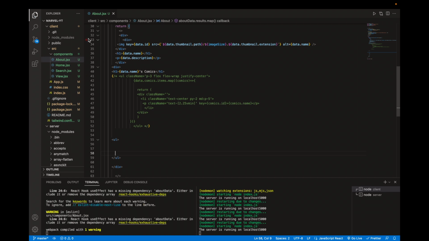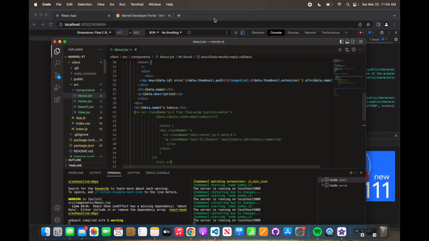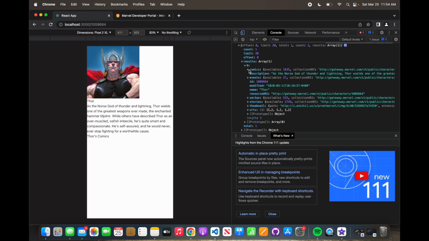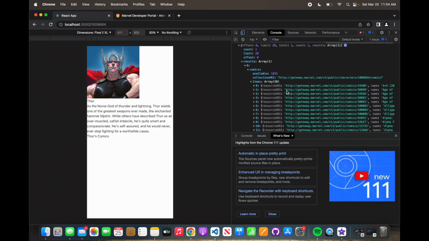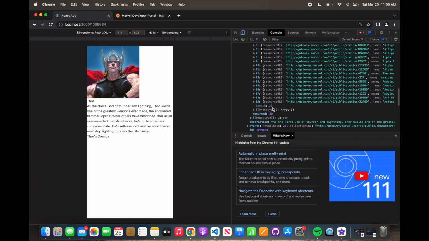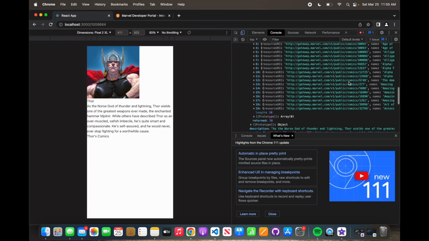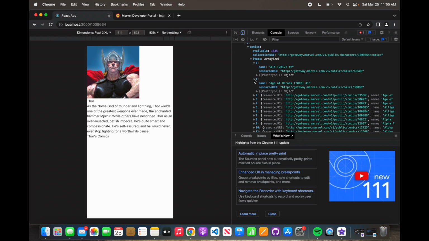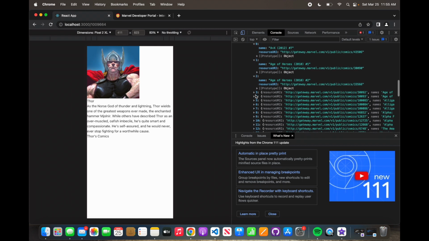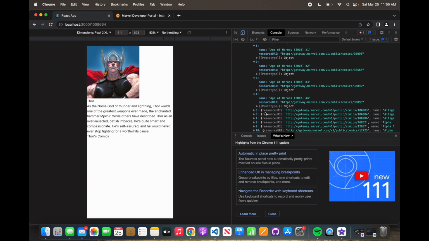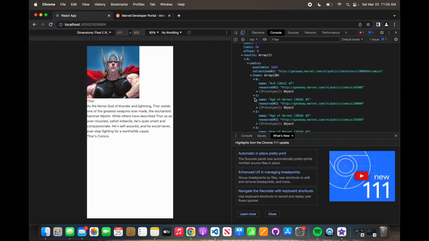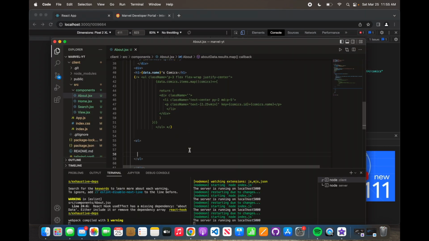The reason we're using an unordered list is because if you come over here and you look at the comics section, there are multiple items in an array. They're basically in a list. It's a list of items. So the only way React's gonna let you get all this information is if you put them in the correct tag, which is an unordered list. So when you come here, you put it within that tag of unordered list, and then you say